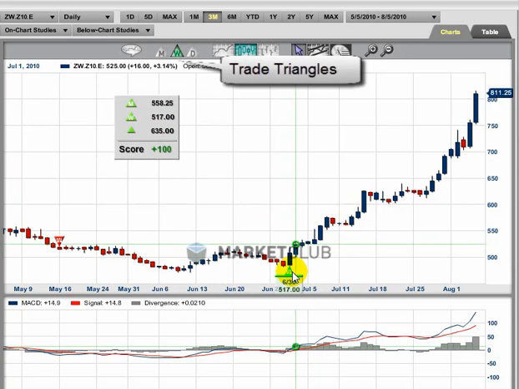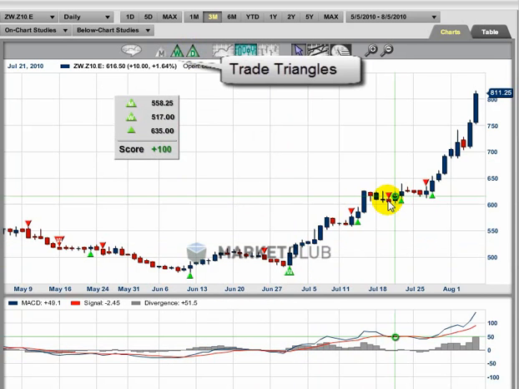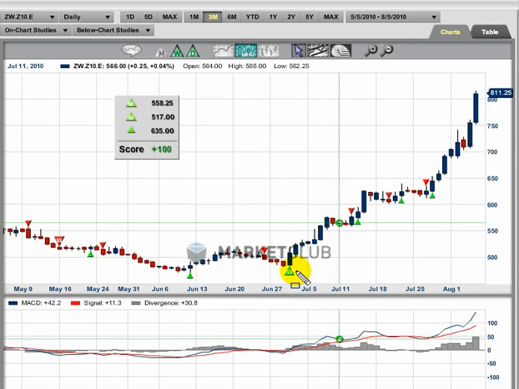So you can see the red and green. So we would get long. Let's just draw this in. So right here was the original buy point, and that's at 517. So we would have gotten long at this point. We would have come out of the market right here, and that was at 561. I'm just going to put everything on the side here. That was a profit of 44 cents.